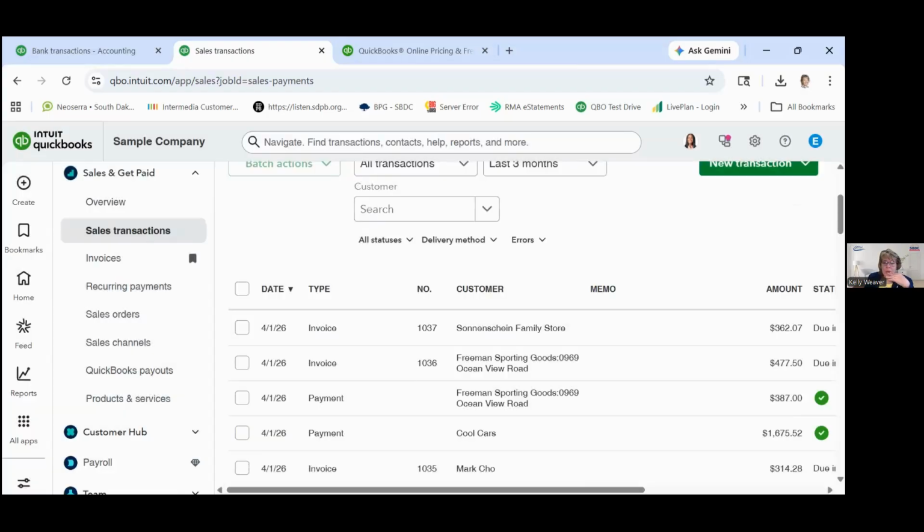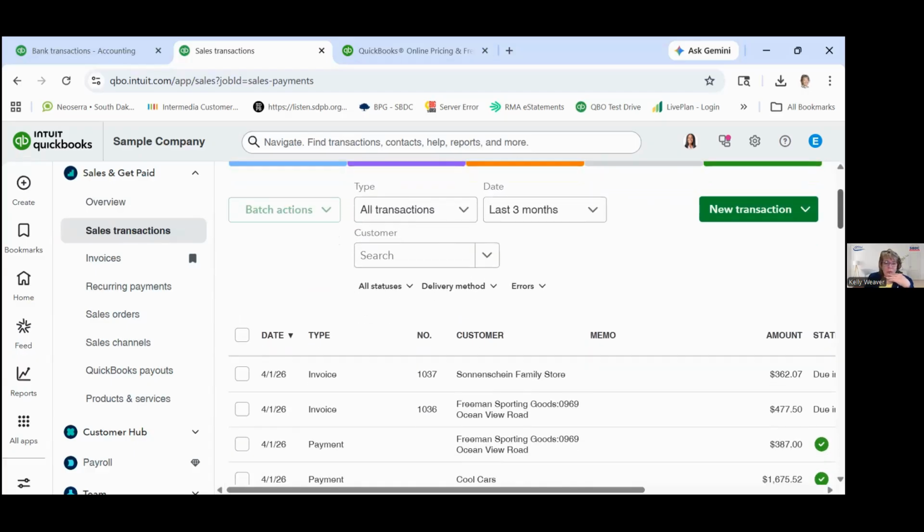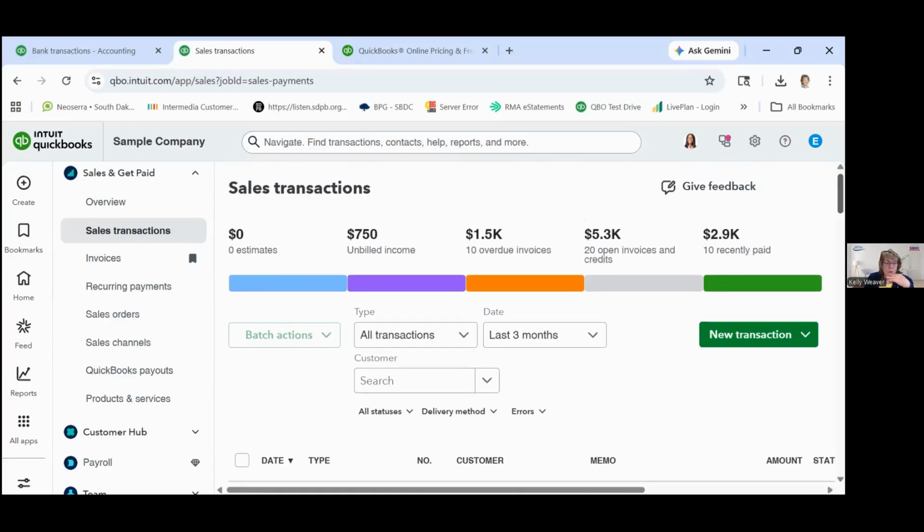So again, you're going to find that there are multiple ways to enter sales. You can even do it from the customer window, or you can do it from this window. So there's two ways to enter income into QuickBooks. You can either enter it through sales receipts or through invoices. And the only difference between those two types of transactions is when you recognize the income. A sales transaction would be like somebody came to my store, they bought something, they paid me. I want to record the sale of the product, but I also want to record the receipt of the cash that I received. That would be a sales transaction.